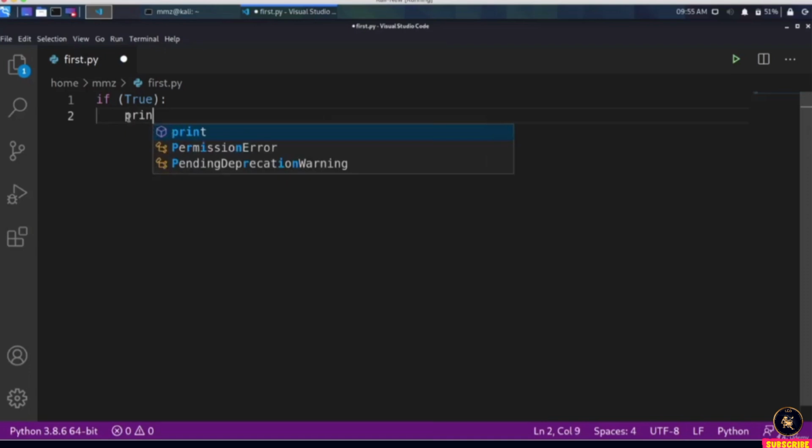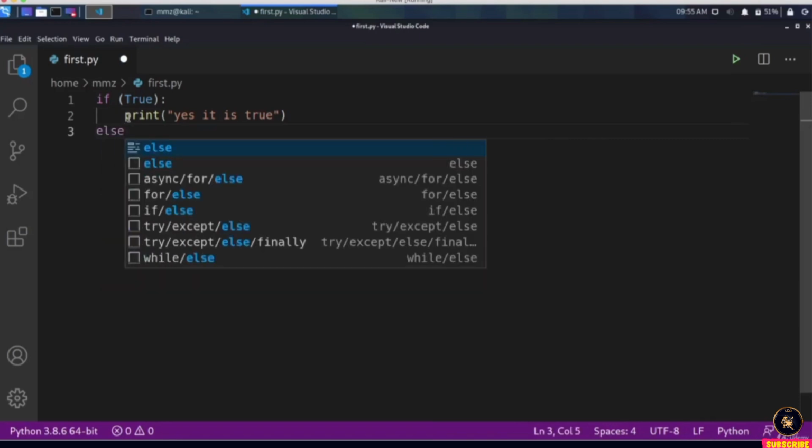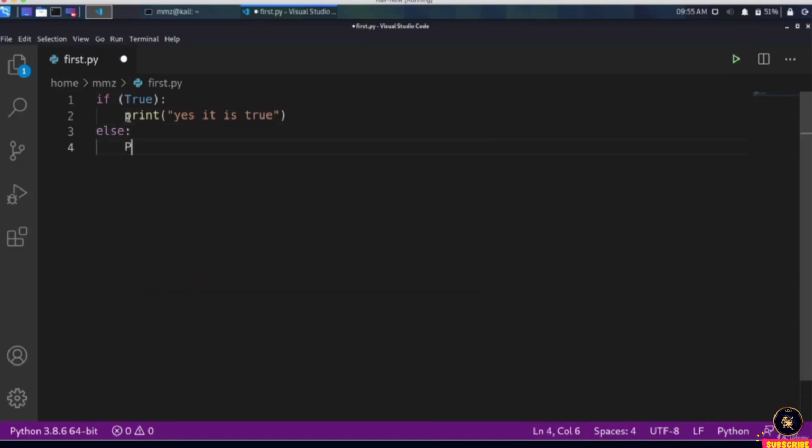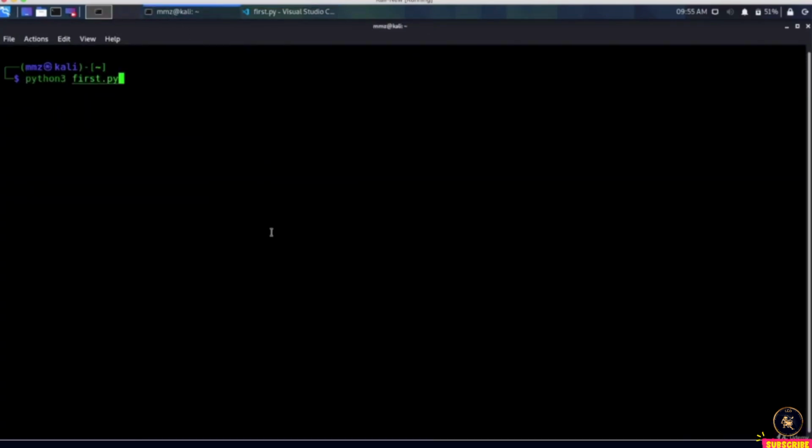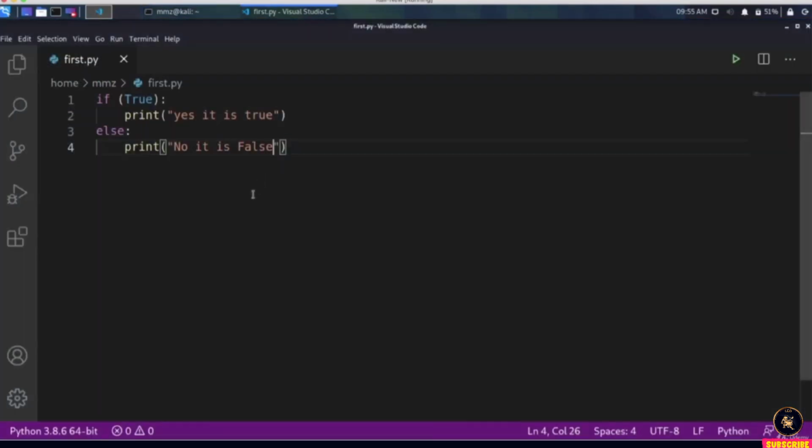So let's print "yes, it is true." And here we can use something called else. So if it is else, let's print this time "no, it is false." By the way, this will print yes, because the condition here is true. So let's have a look here. Let's clear the screen, and you can see "yes, it is true," which means that it worked correctly because